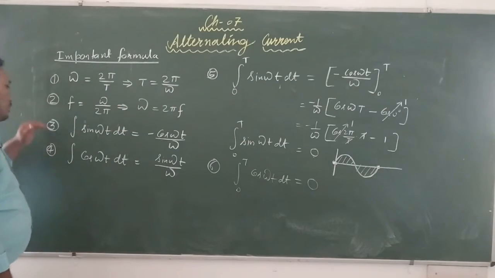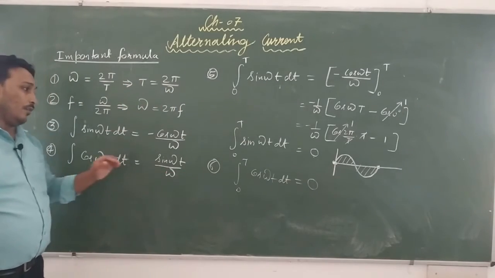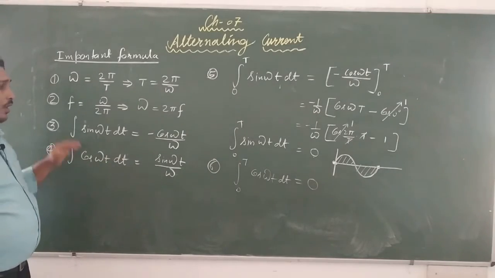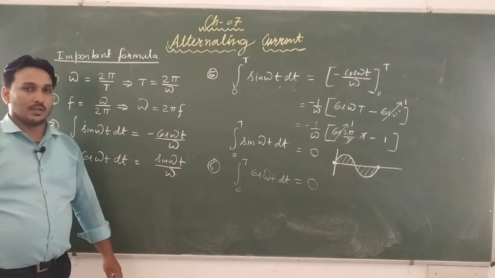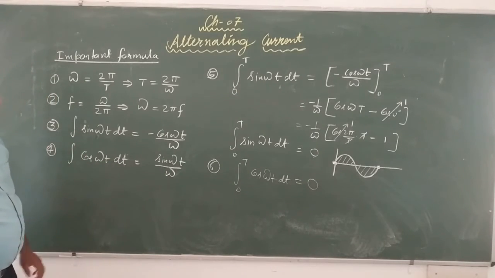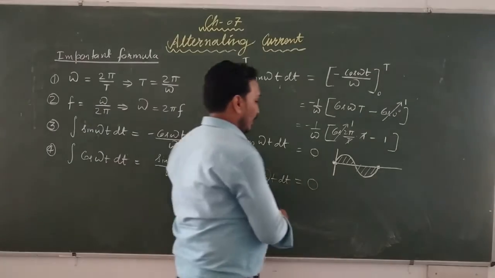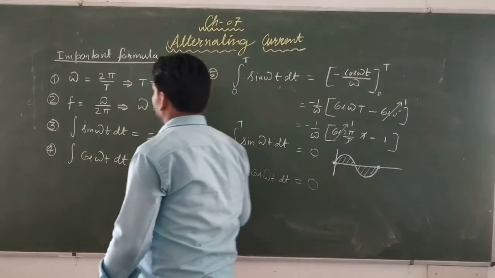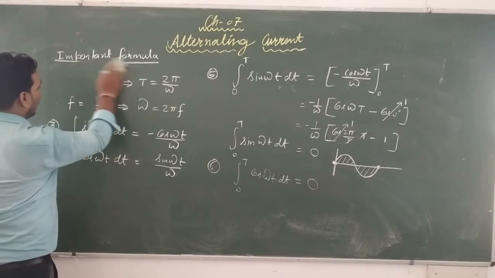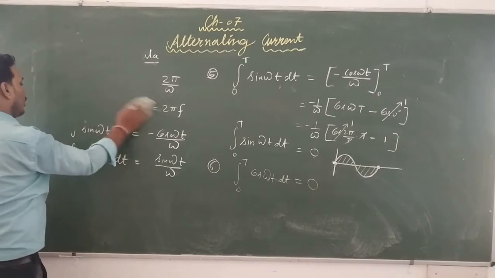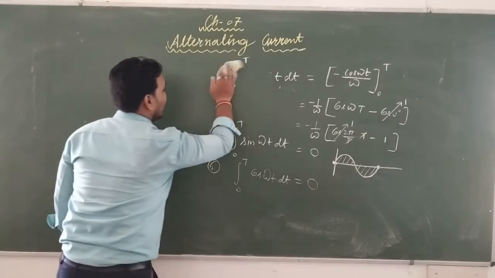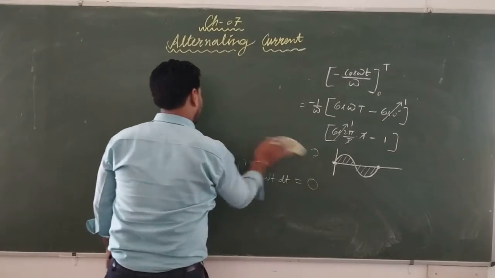These 6 formulas, 1, 2, 3, 4, 5, 6. If you want to be very accurate, very speedy, I must say in this chapter, these 6 formulas you must understand. This should be on the tip of your tongue, not in the brain only. Okay? So I hope you remember these formulas, and let us try to understand now about the average value of alternating current. Since it is varying continuously, there should be one particular value which can be taken as the reference.